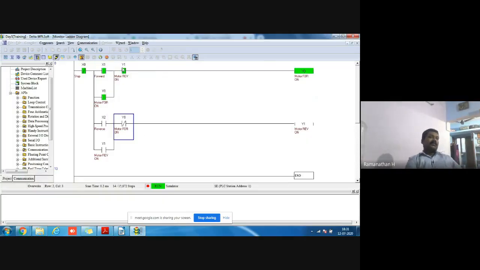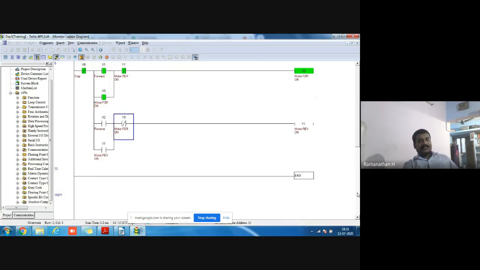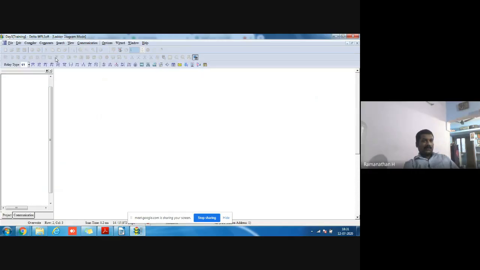So this is the interlock between forward and reverse. This is for motor safety. If you don't give this interlock, the motor will be engaged in forward and reverse, the torque will go high, and it will blast the winding. So this is the safety interlock. Just note it down or take a snapshot. Go to offline mode.